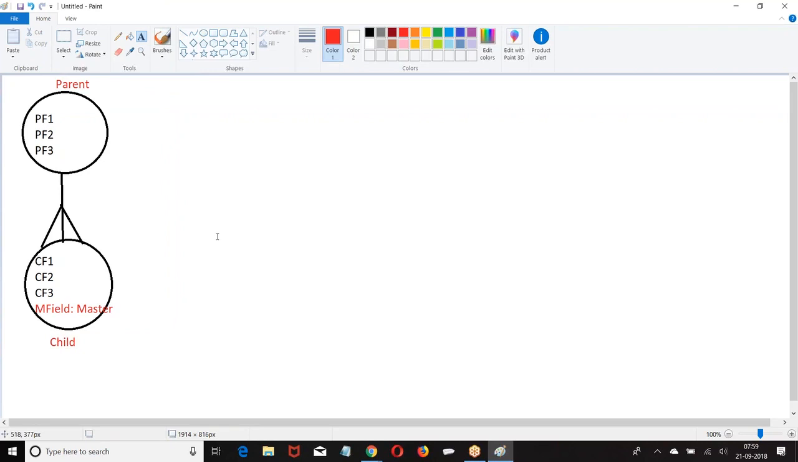Two objects are connected by a master-detail relationship. Who wants to get the child data? The parent, along with its data, also wants to get the corresponding child records. So what I was doing here,